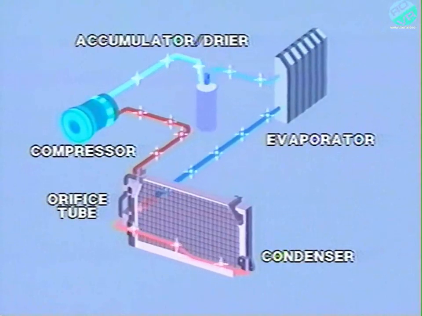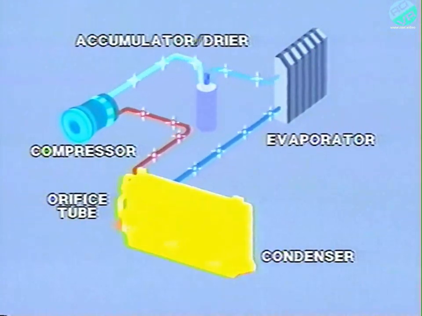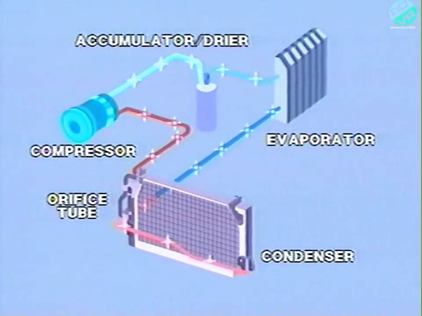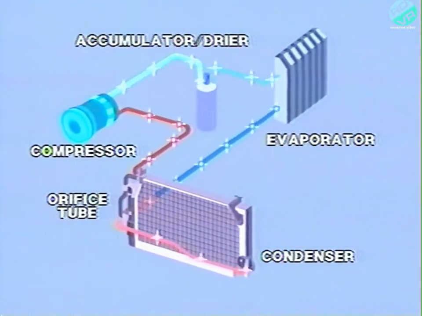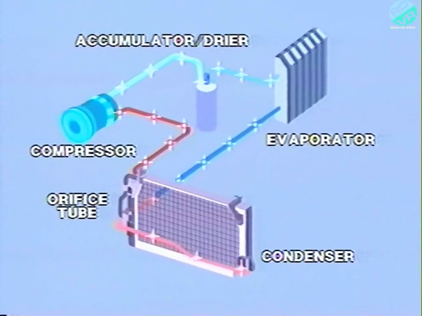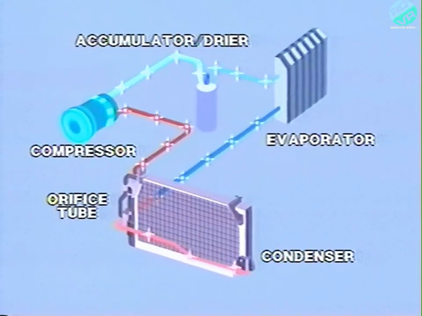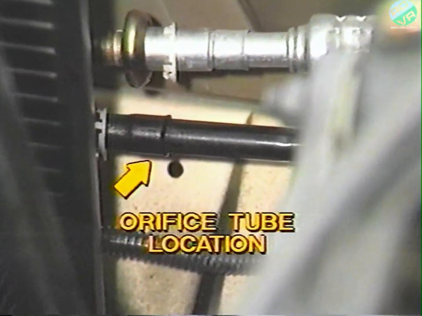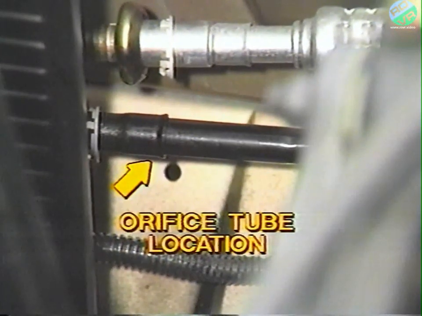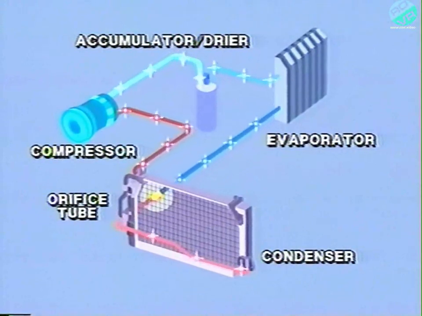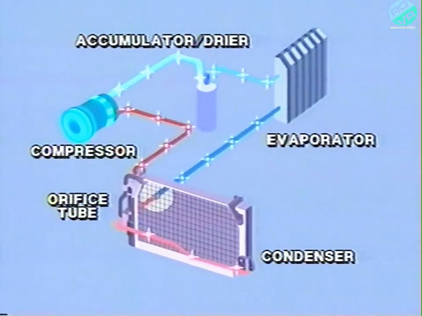From the compressor, high-pressure refrigerant moves to the condenser, where air extracts heat from it. This causes the refrigerant to condense into a liquid. From the condenser, refrigerant flows to the orifice tube. Now, the orifice tube is located in the line between the condenser and evaporator. The orifice separates the high and low pressure sides of the system and meters the amount of liquid refrigerant flowing